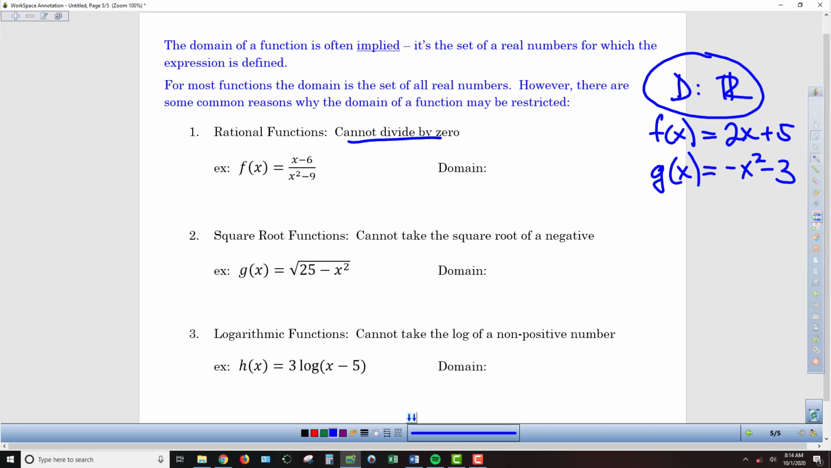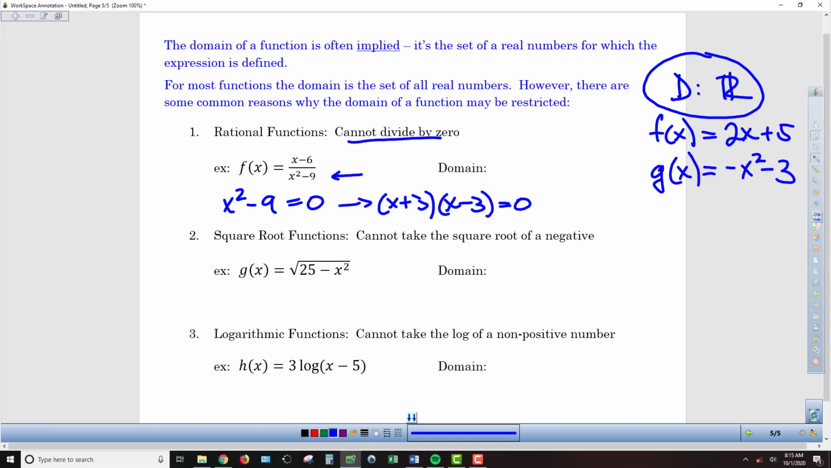So what we have to do in that case is check to see if there are any domain values that would result in division by 0. We just take the denominator, set it equal to 0, and solve to see if there are any such values. So in this case, whether we solve via square roots, or factor this into x plus 3 times x minus 3 and solve that way, there are two values that are going to be excluded,